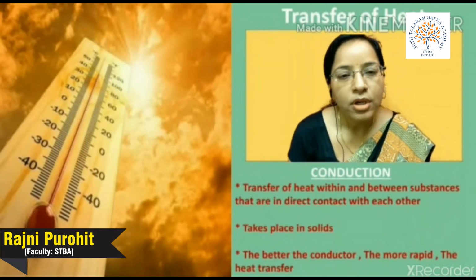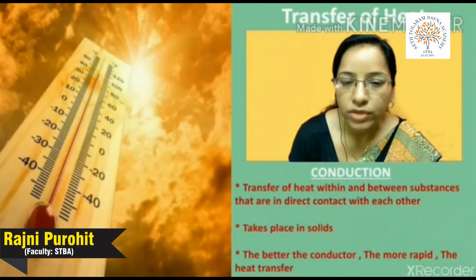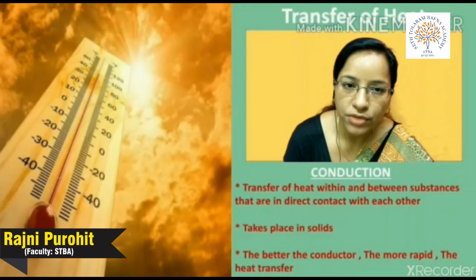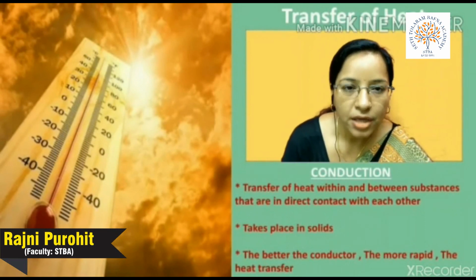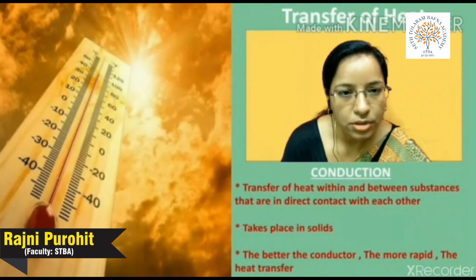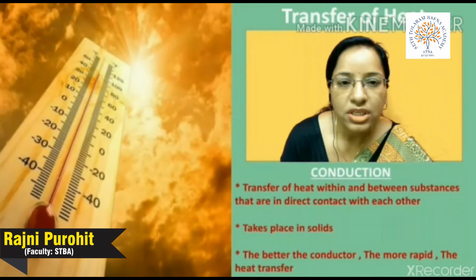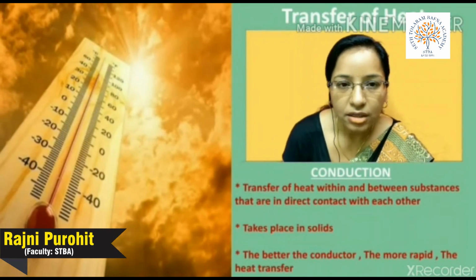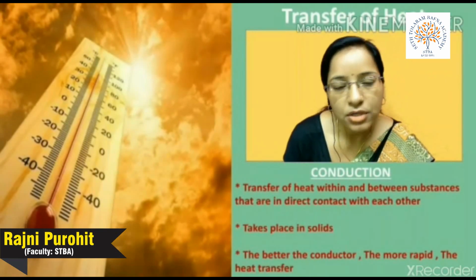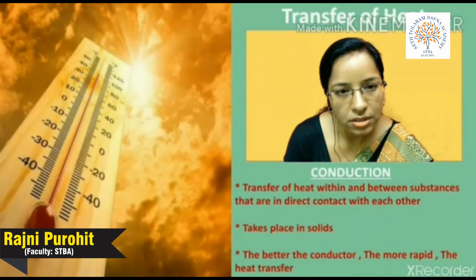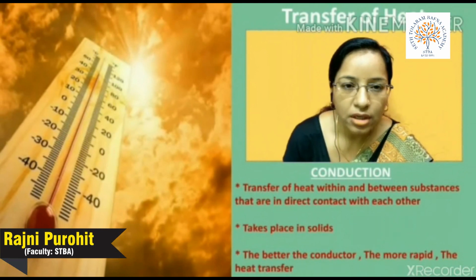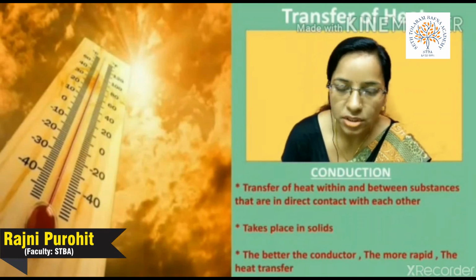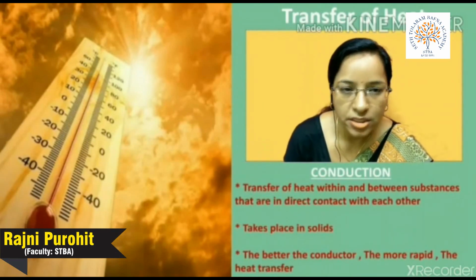Let's make it clearer. When we heat the pan with a plastic handle, the heat will be transferred to the particles of which the metallic pan is made, say copper or aluminium or steel. These particles are tightly packed in solids. They gain the heat from the flame and start vibrating, and they pass on their heat to the nearby particles by collision. In this way, the thermal heat is passed on to the neighboring particles by collision and the total pan gets heated up.